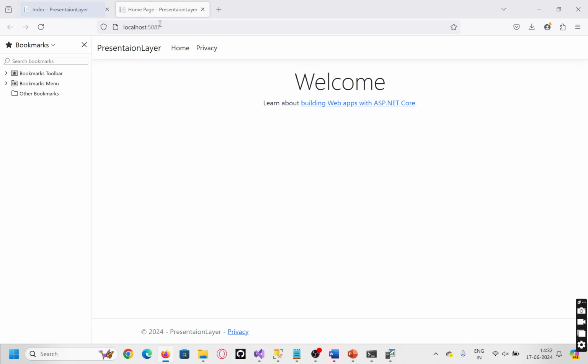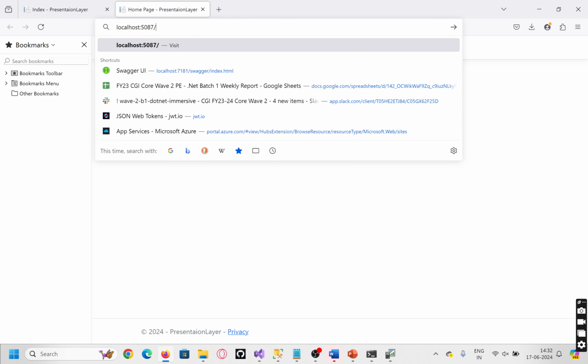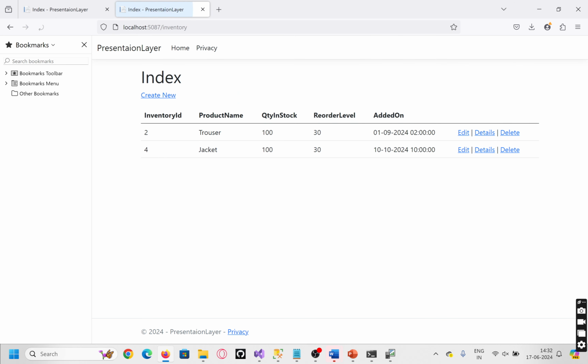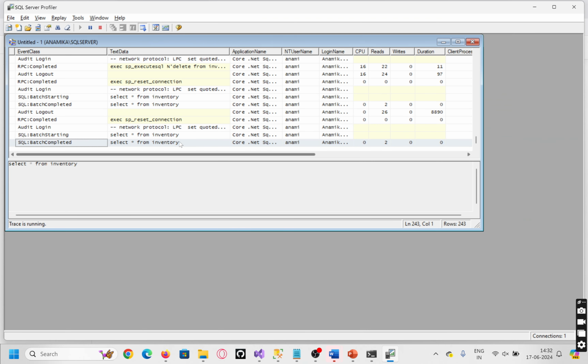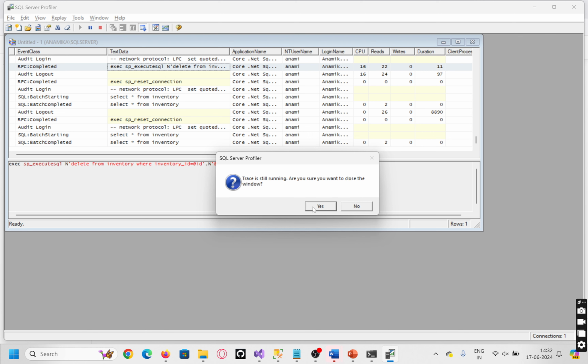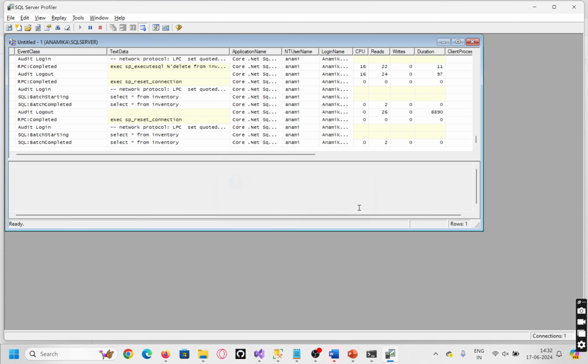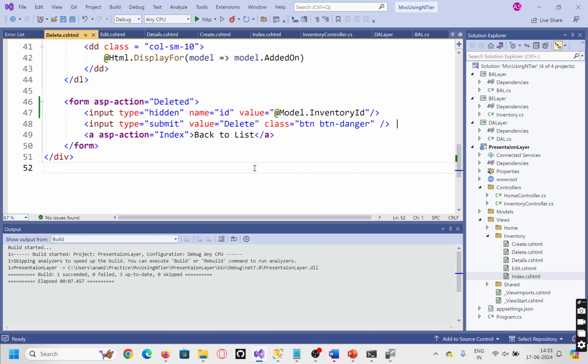So this record should be deleted now. Let me write here. I think the record is already deleted. Yes. And we can see that the query was also fired in the backend here. So delete from table, and we can see the column, the value is also going to the ID. Okay. So we're able to perform all the CRUD operations in the MVC application using the entire architecture in which we